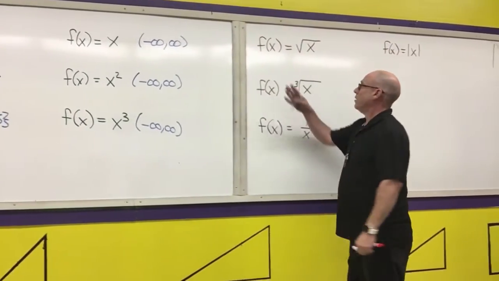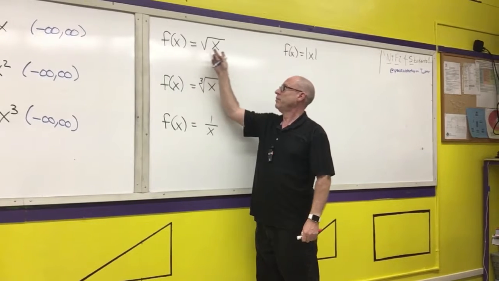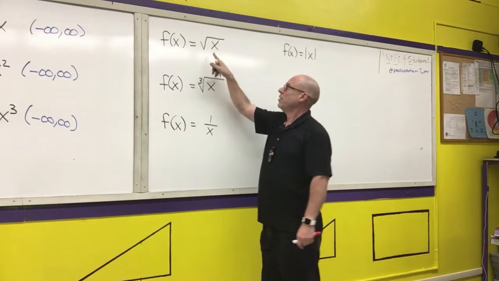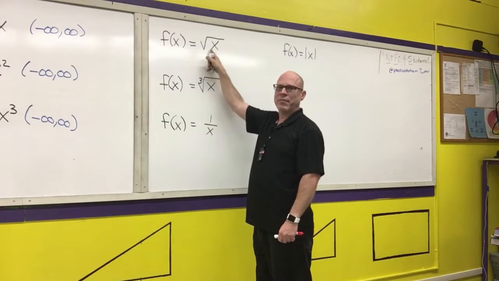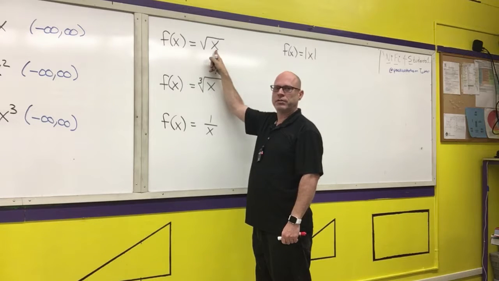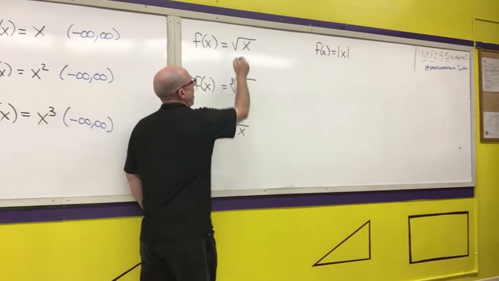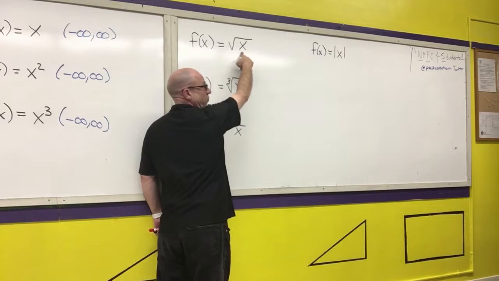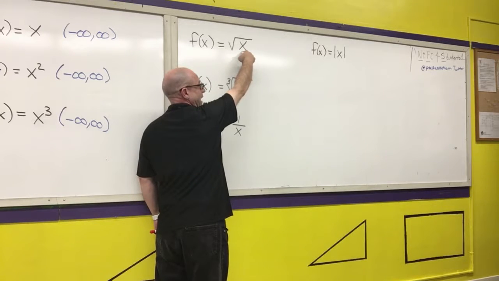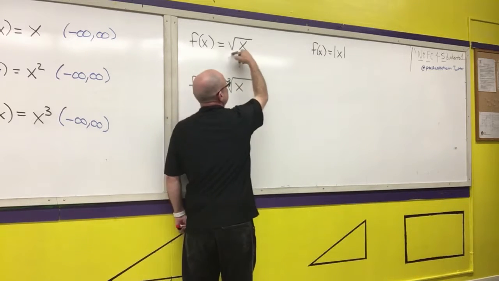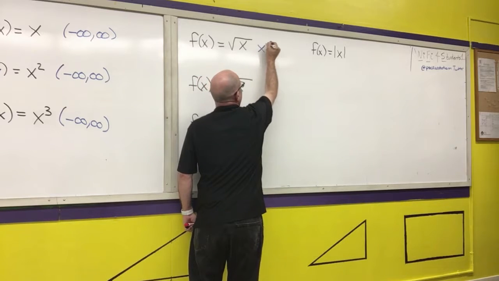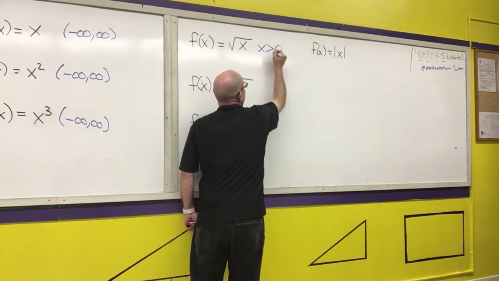Let's go over to the next one. The square root function. What numbers make this square root a valid operation? Well, the only numbers that I can take the square root of in the real number system are numbers that are non-negative. So to figure out what the domain is, I always write down what that relationship is. Well, x has to be non-negative, so in this case, x has to be greater than or